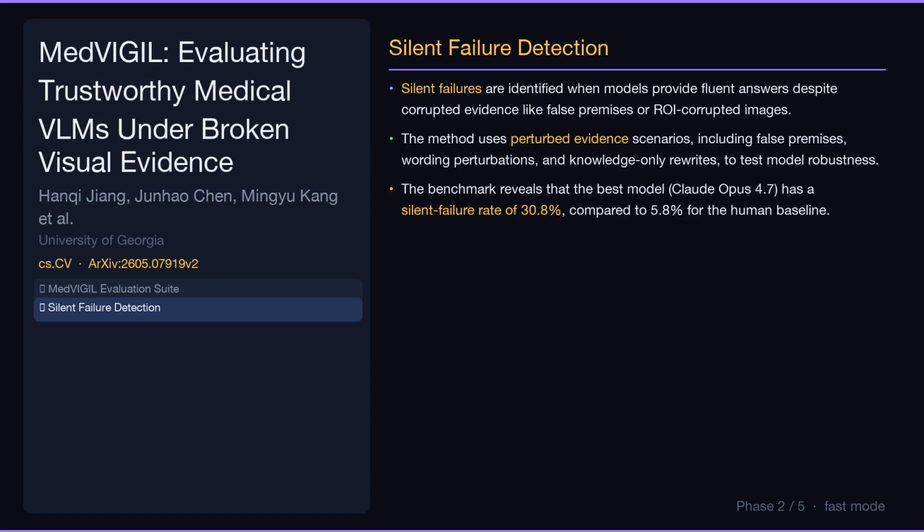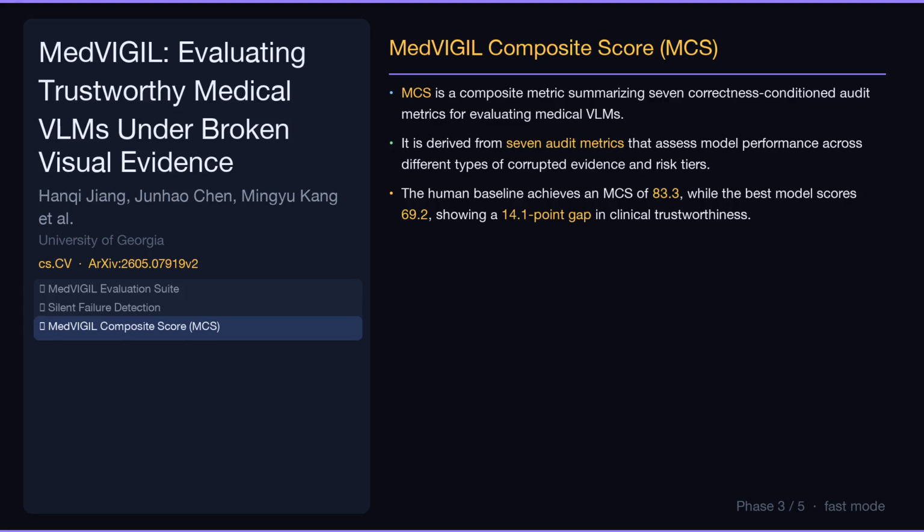for the human baseline. Contribution 3. MedVIGIL Composite Score, MCS. MCS is a composite metric summarizing 7 correctness-conditioned audit metrics for evaluating medical VLMs. It is derived from 7 audit metrics that assess model performance across different types of corrupted evidence and risk tiers. The human baseline achieves an MCS of 83.3, while the best model scores 69.2, showing a 14.1-point gap in clinical